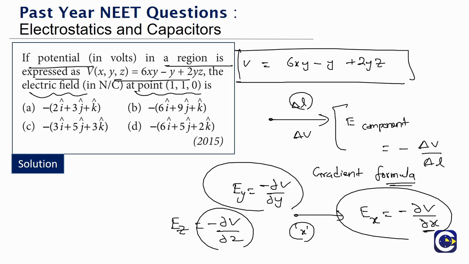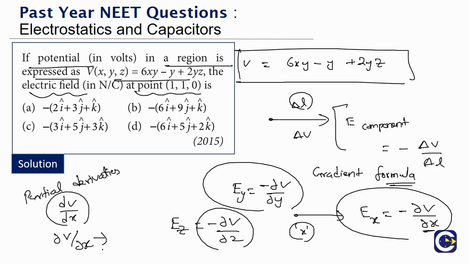So what are dou V by dou x, dou V by dou y, dou V by dou z? These are called partial derivatives. What is the difference between a partial derivative and a normal derivative? Generally we say dv by dx, but here we are not saying dv by dx. We are saying dou v by dou x. The difference is that when we are doing a partial derivative with respect to x, we are only considering that x is changing. So in this, y and z are going to be taken as